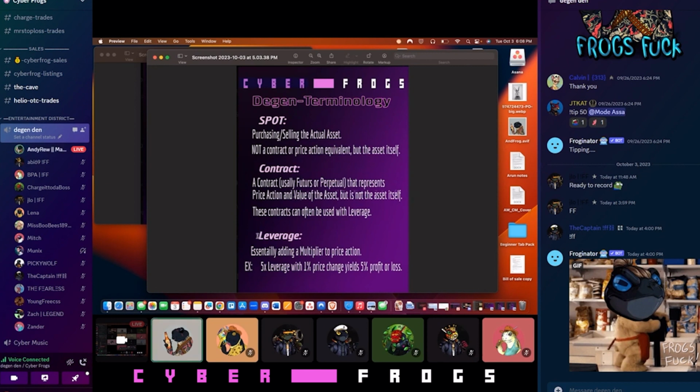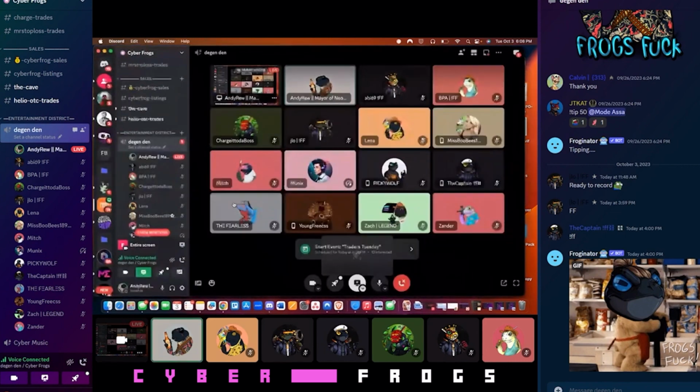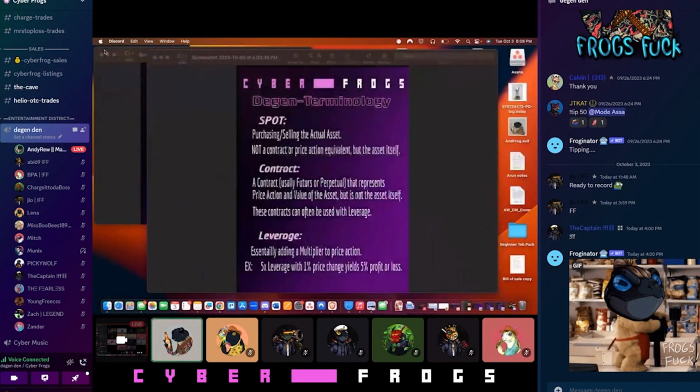Now, here's the one that we're going to cover, and I don't know what Mode really suggests all the time. You'll find very quickly that there's a ton of different ways to trade. Everyone has what they consider the secret sauce. If you're trading constantly, then you'll find your own method and your own strategy that works for you. And for me, that is not using leverage. I am a spot trading maxi.